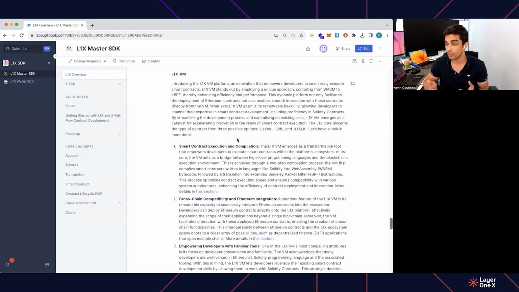Developers can build Solidity contracts and deploy them on the L1X EVM and use the L1X contracts to interact with these contracts that they have deployed on the EVM. This provides a way to control the manner of how you want your Solidity code to be executable. Last but not the least, we introduce Xtalk, which is a completely new type of smart contract that allows